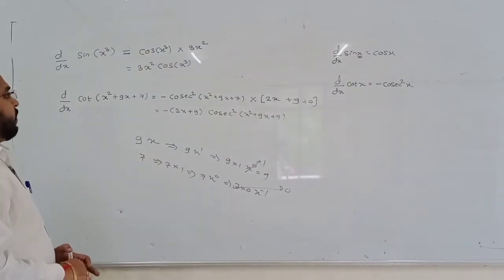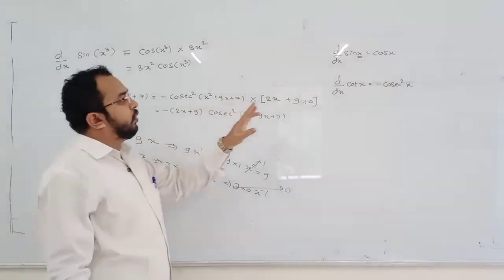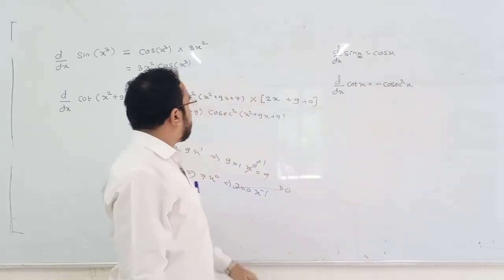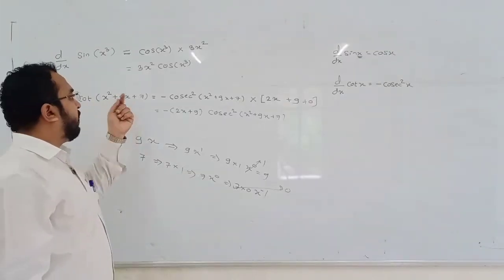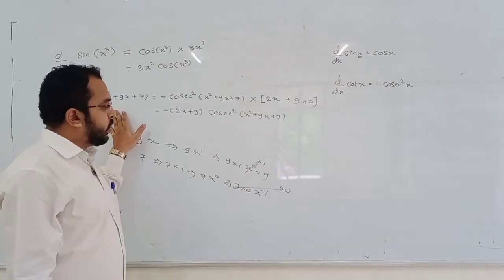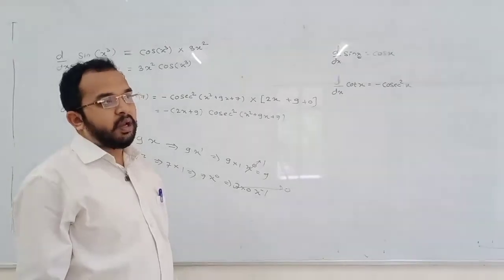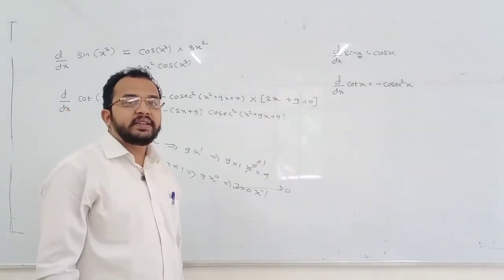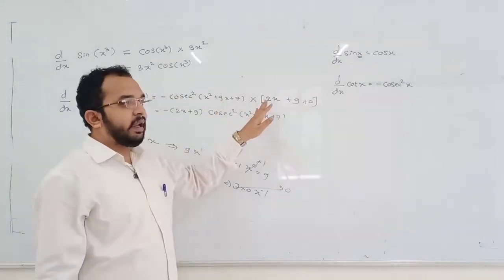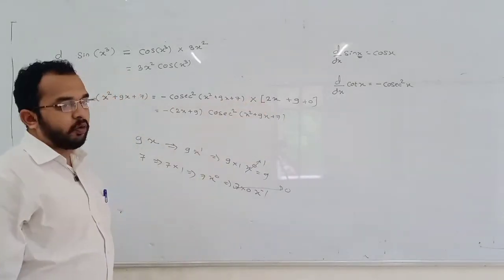Okay. So see what was done here. Cot something, we know the rule. Differentiation of cot something is minus cosec square something. So differentiation of cot of this bracket will be minus cosec square of this bracket. But whatever is given inside the bracket is not x, so differentiate it again and write it into the product. Whatever is given in the bracket is something other than x, then differentiate it and multiply the differentiation here. Okay, so that is the chain rule.